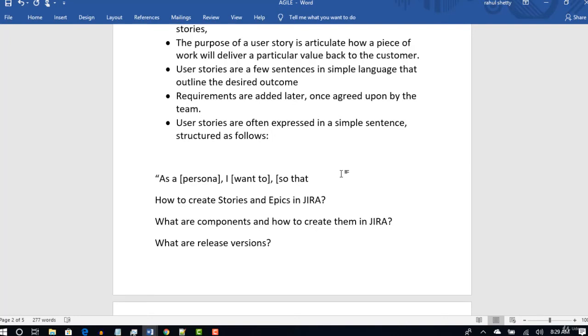This is how you have to define your user story. If you read that single line, you know who the end user is, the customer, what the customer is trying to do on our page, and what happens after he does that. These details you have to clearly put in this syntax.